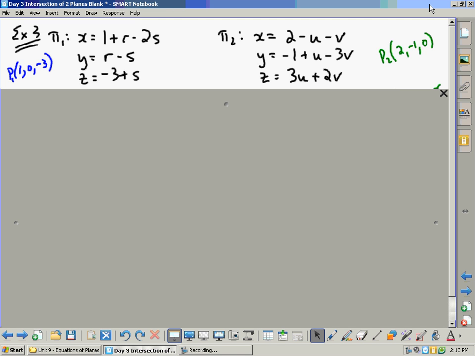And if you want to check this after or copy it down, then you can have the supply teacher come back to this screen. But remember, here I've got plane 1 given x, y, z, and then plane 2 giving x, y, z, this time in variables u and v. Remember that to get it in scalar form, we need to get the two direction vectors from each one to take their cross product to get the normal. So from the first one,